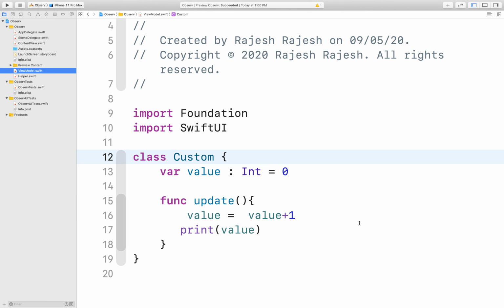Hello guys, welcome back. My name is Rajesh and today I talk about the ObservableObject protocol, the ObservedObject and the @Published property wrapper. So to understand all these things in a very simple and easy way, we take a simple